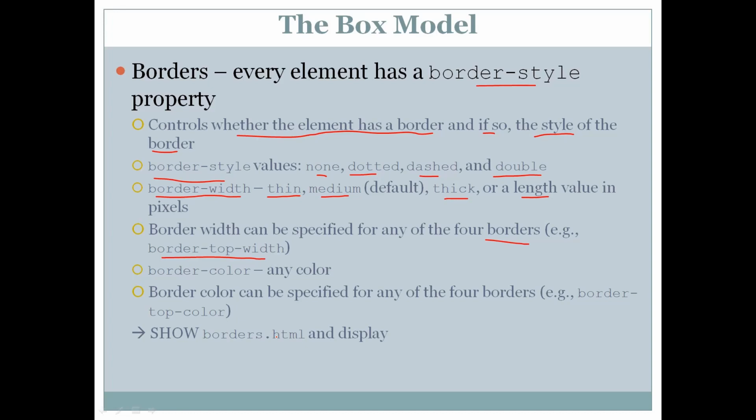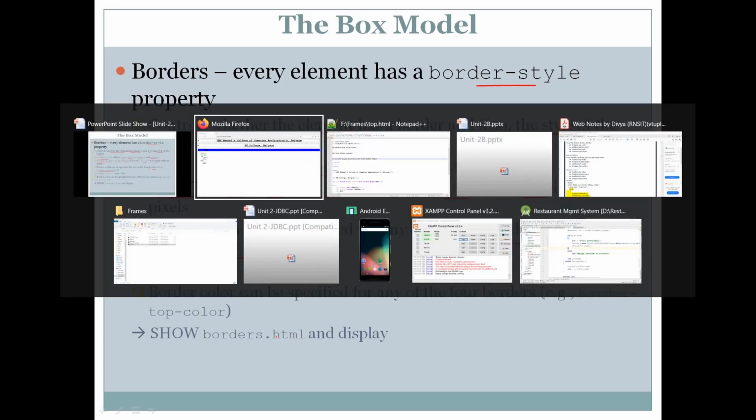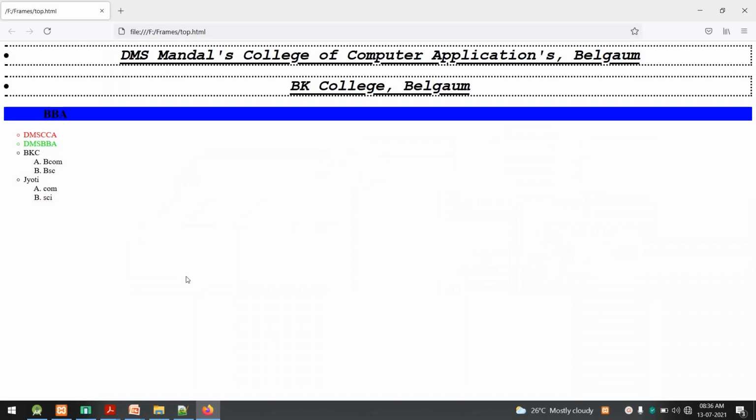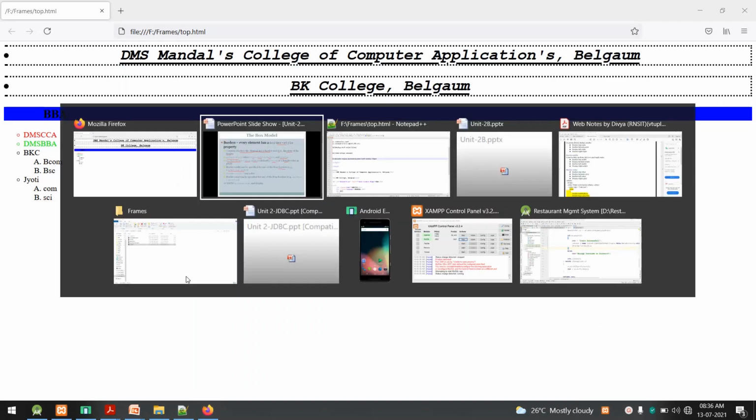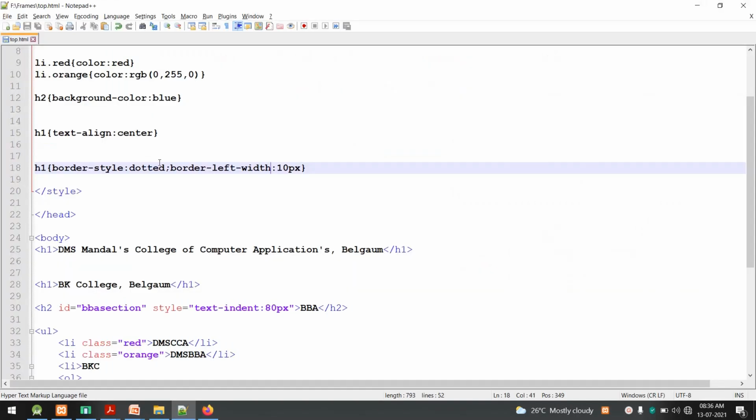Even in the case of style, we can do that: border top style, border bottom style, border left style. Even that can be a different style. We can have a different style for different sides of a border. So here we have a border style in general, but I can set a border for any one side.